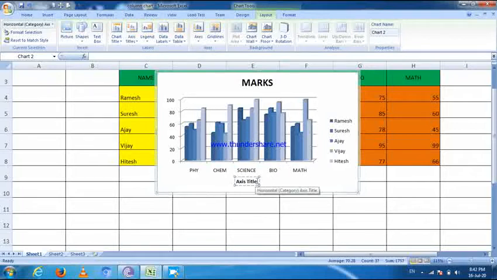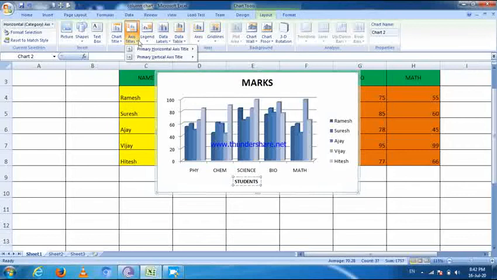Then you can type any name to the axis. That's our students. Okay, you can select in the axis title tab.